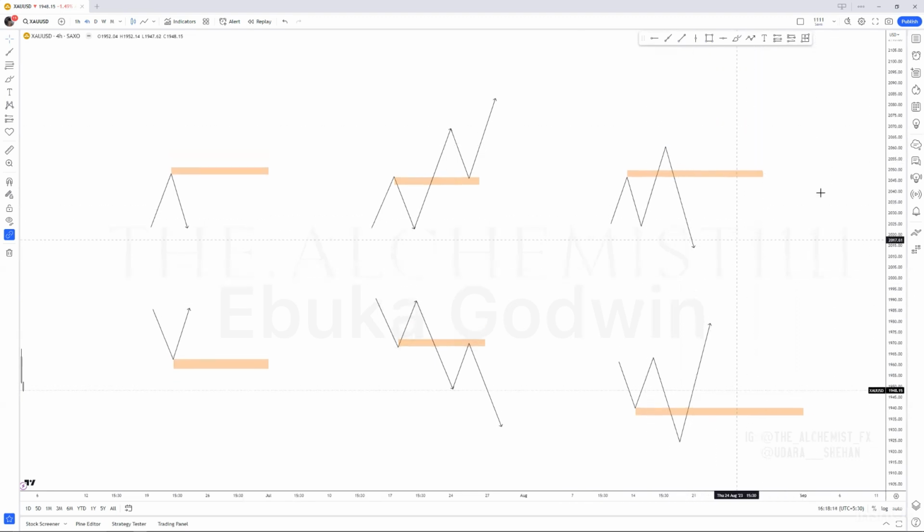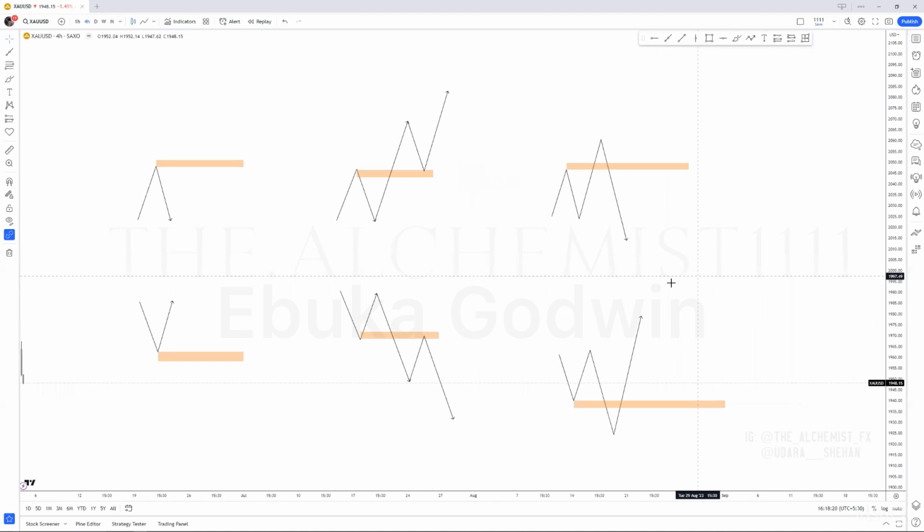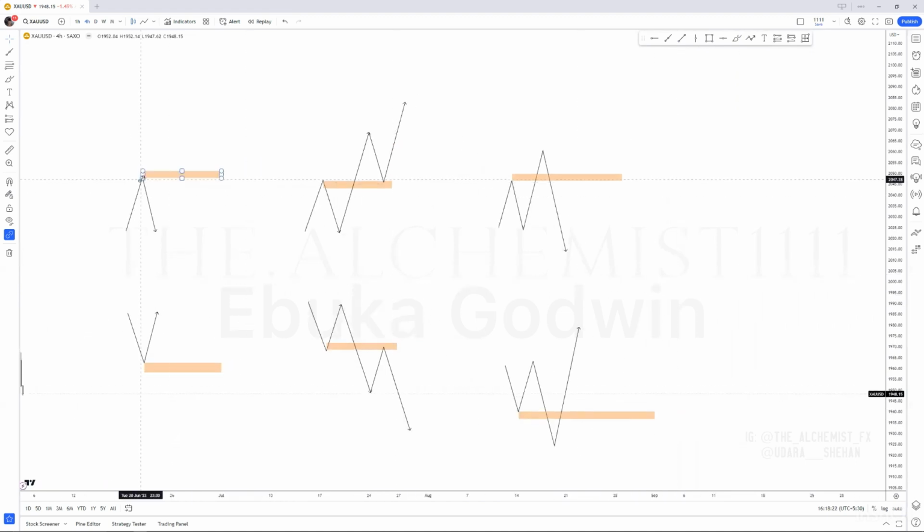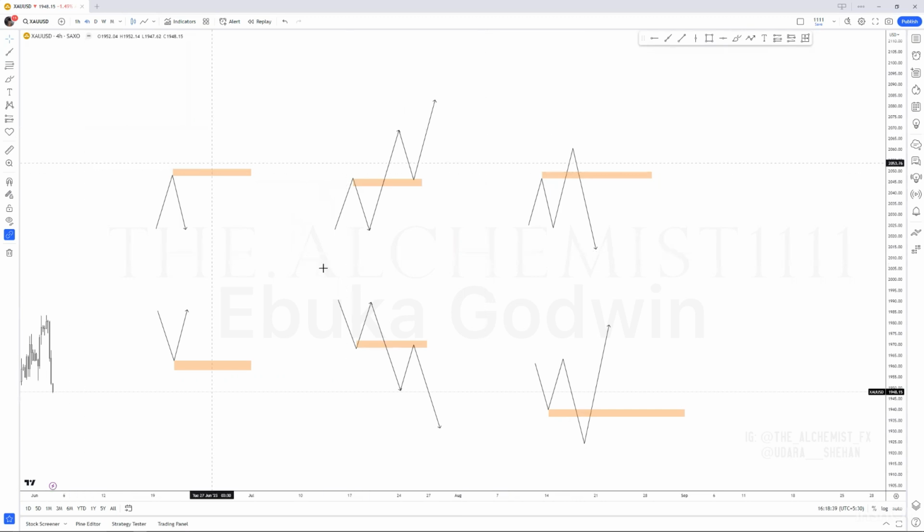First thing you need to do is train your eyes to see these key levels as soon as you open the charts, because it's very important. A bullish candle and a bearish candle will create a resistance. A bearish candle and a bullish candle will create a support. Once a resistance is broken, it turns into a support. Once the support is broken, it turns into a resistance. And then we have these QMLs, or head and shoulder, whatever. And then there's another type. That one I'll show you on the chart itself.